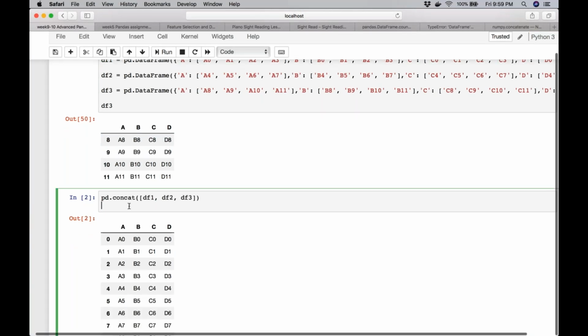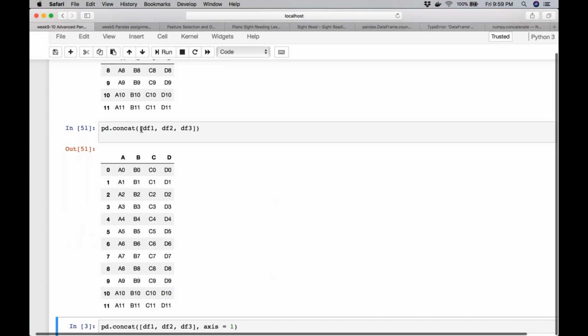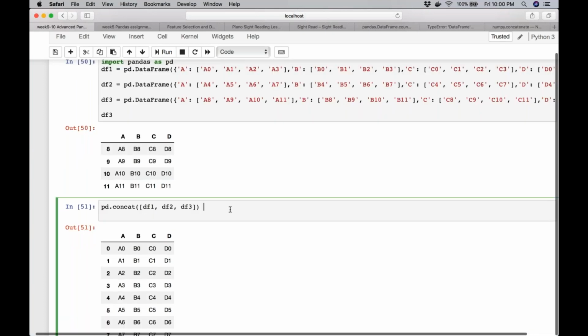What we can use is, as I said, when we talked about concatenate in NumPy, for pandas the function is called concat. It takes a list as an argument. So this is something to remember. It takes a list of data frames. If you try to pass simply the names of the data frames to concat, or a tuple, it will not work. So you have to pass a list.